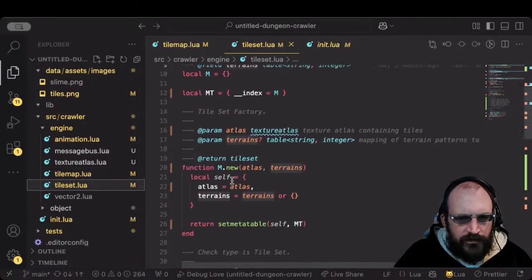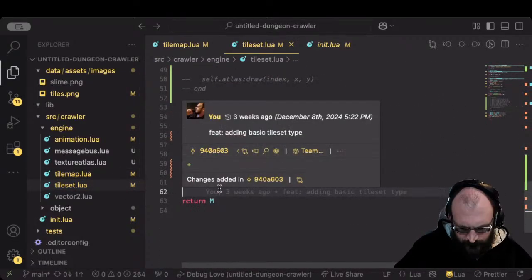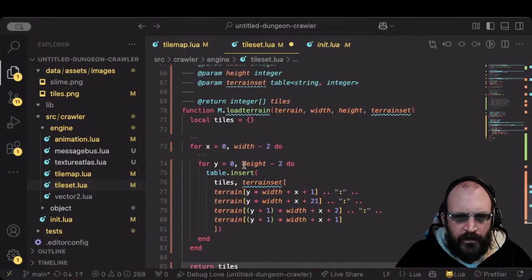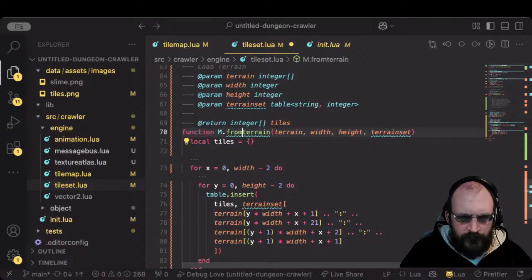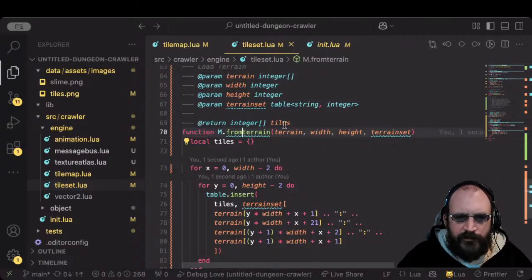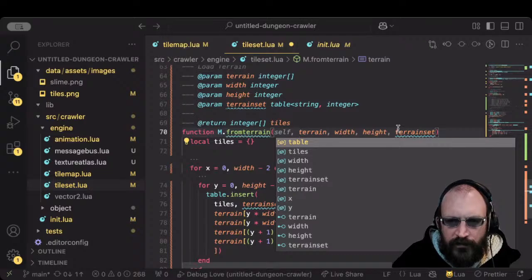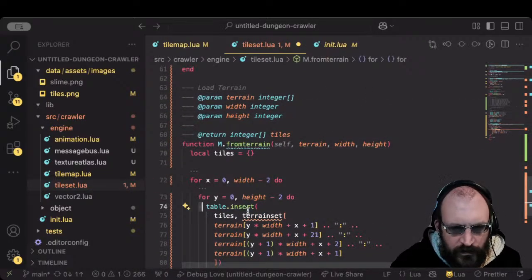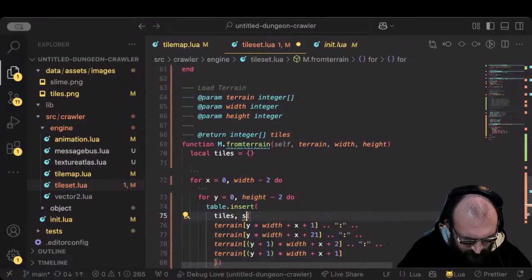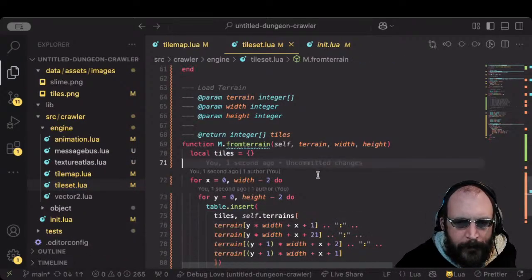So the tile set then has, call it from terrain and self. Rather than terrain set there, we'll go self.terrains,